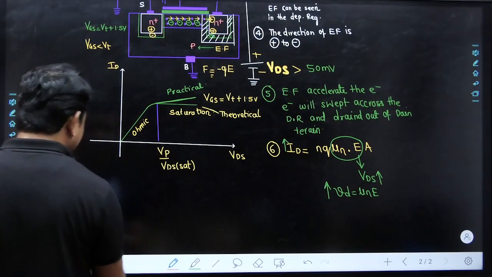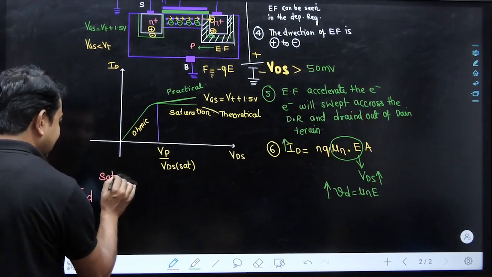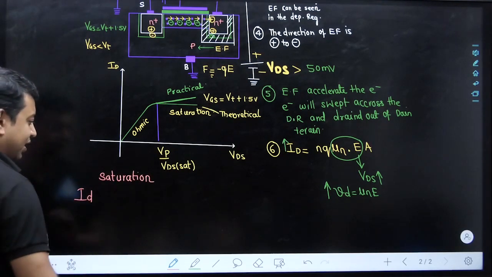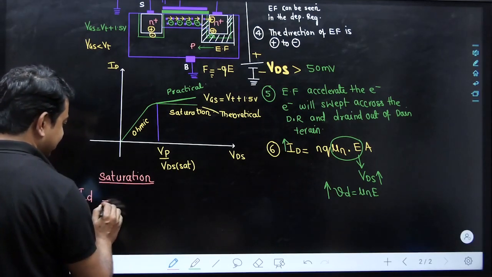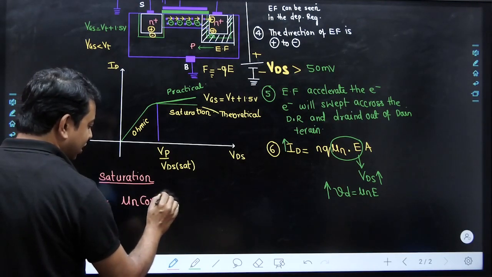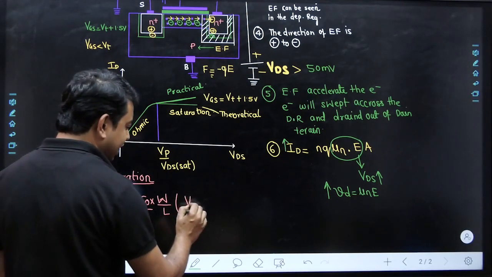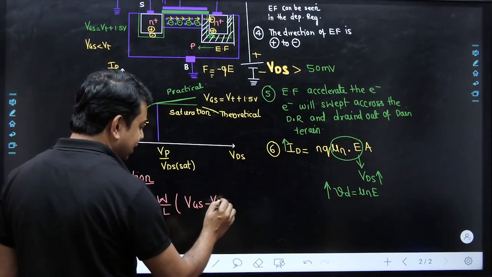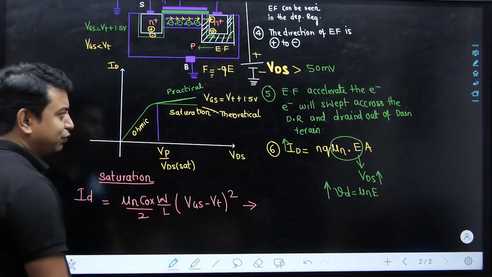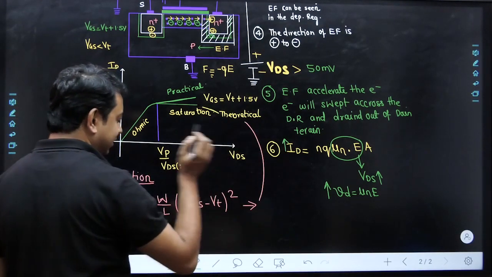And what is this equation? The equation of ID current in saturation, because this is a crash course and I don't want to derive this equation. So I just want to write the equation of ID current in saturation. This ID current in an NMOS can be written as mu n CoX W upon L, in saturation divided by 2, and after this we are having VGS minus VT, the square of this. This is the saturation condition in which the magnitude of current is not depending on the value of VDS. That means this is the theoretical current.